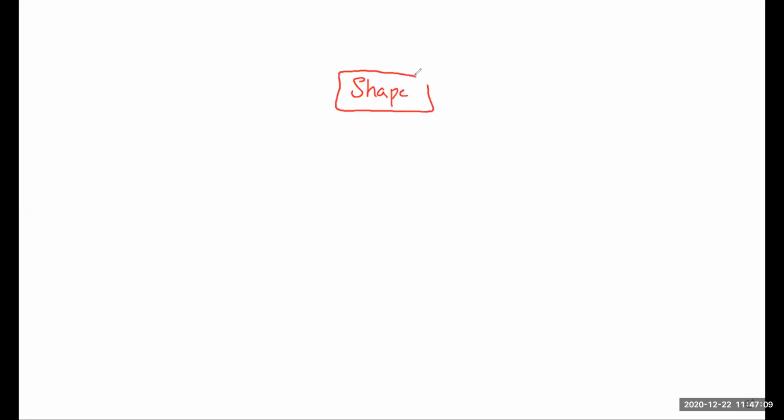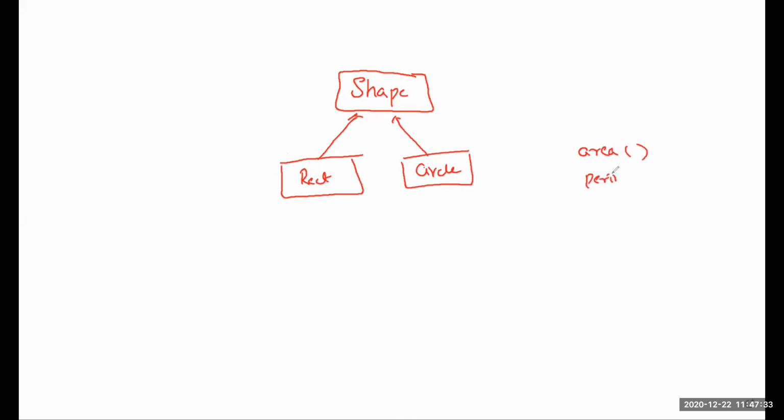So what we'll do is we'll make a class shape, okay, and we'll have two child classes, maybe a rectangle and a circle. Both are shapes, okay. Now you see what we want to do. Maybe we want to compute the area of a shape, we want to compute the perimeter of a shape, and so on. Okay, similarly we want that maybe there is a function input in which we can enter data. Okay, so now you see we want this from both the shapes, that whether the shape is a rectangle or a circle, I should be able to input, I should be able to compute perimeter,